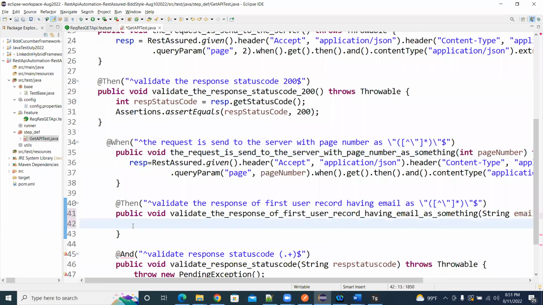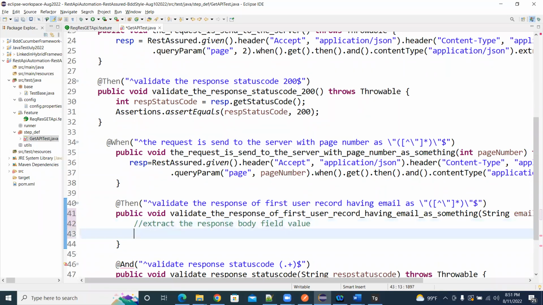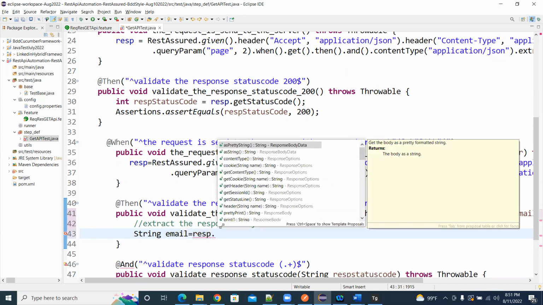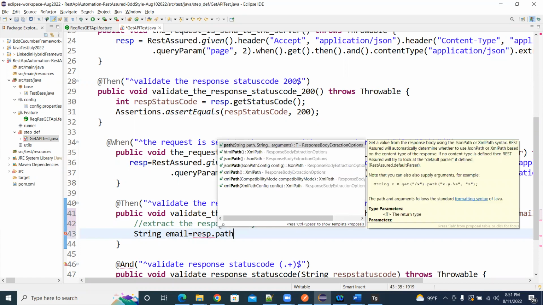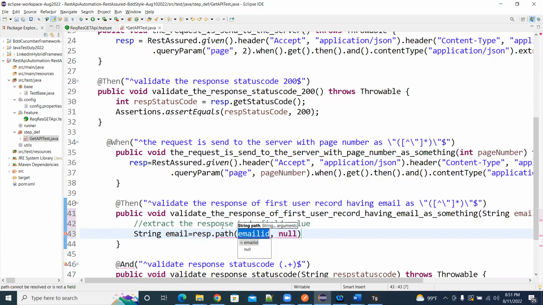So you got the response body. So you extract the response body field value. How to extract? I already showed you in this one: string email equal to the response variable dot, because that's a response inside only, it is there. Path. You take the path. What is the path? You tell the path. So path, and the path you can give. So the path is,